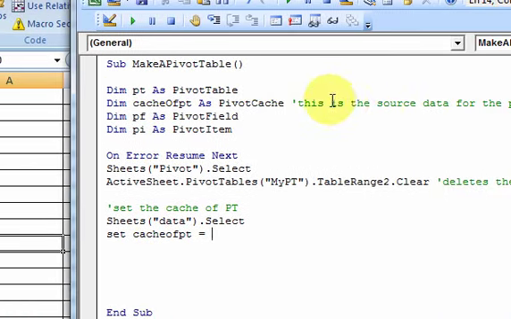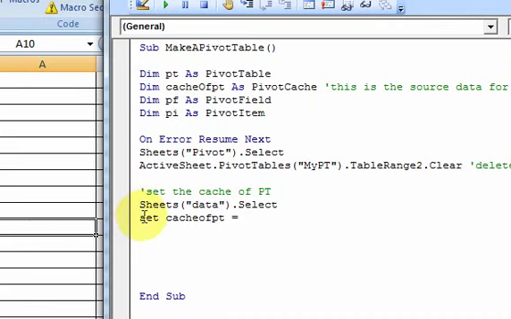And remember, it's the source of the data. And when you're dealing with an object, you have to use the keyword set when you want to assign it something. So I'm going to do set cache of pt is equal to